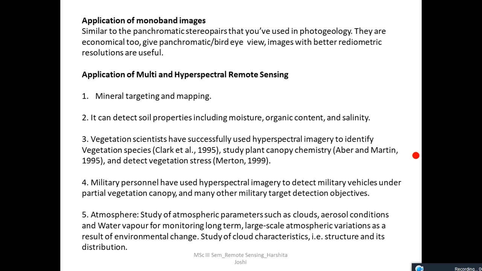if we try to understand the application of monoband image, I already told you that these are images which we studied in photogeology when you were in BSc. So they are very economical in comparison to the multispectral and hyperspectral images. These can be easily attained, and they give you a panchromatic view. They have better radiometric, this spelling is wrong here, this should be A, they have better radiometric resolution, I'm sorry